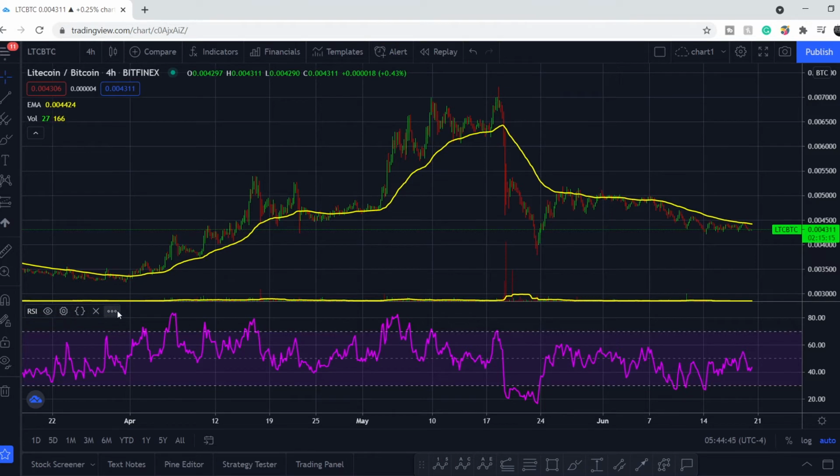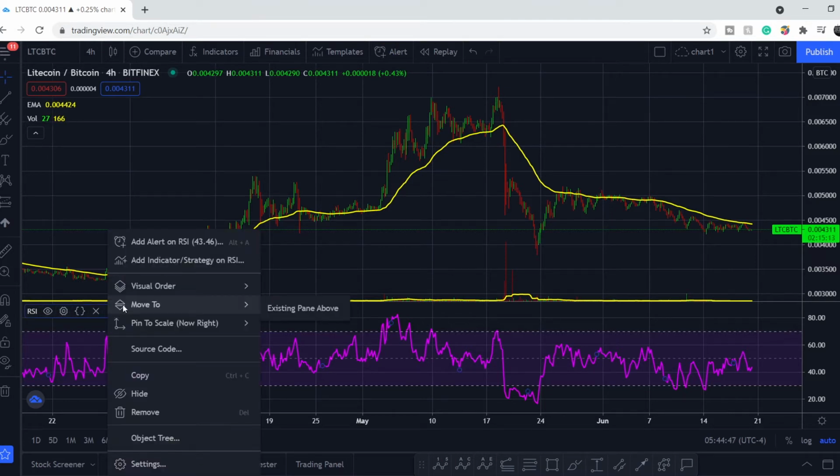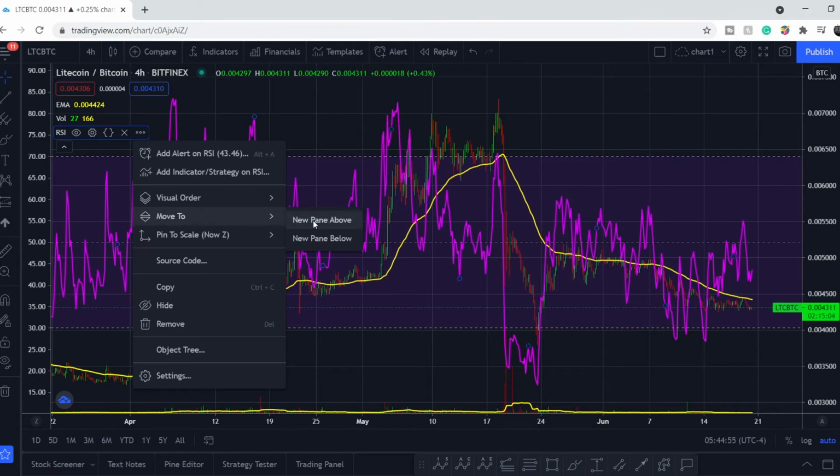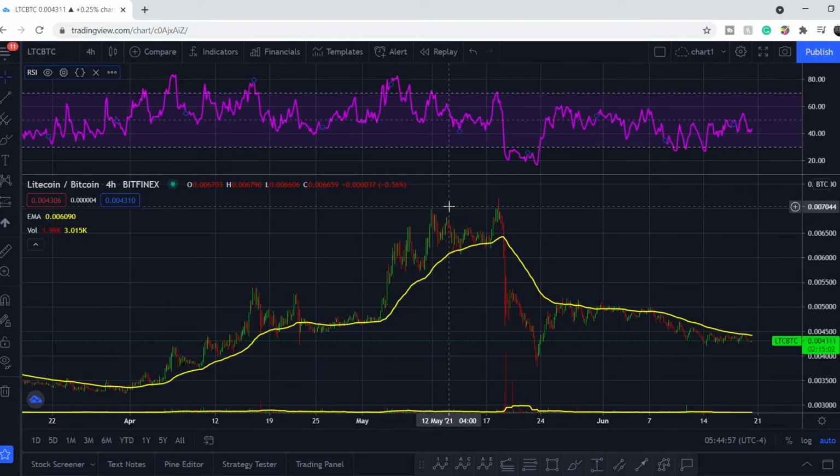And right here, using these three dots, you can move this indicator up. For now it is some kind of mess, but if you make another movement, this is much better. So I think that's it for now, and next time I will show you how to use this indicator, and I will show you